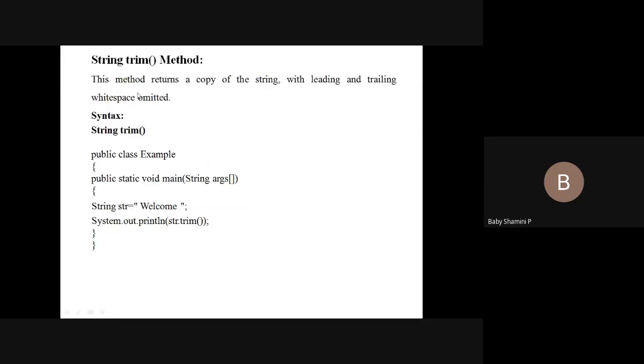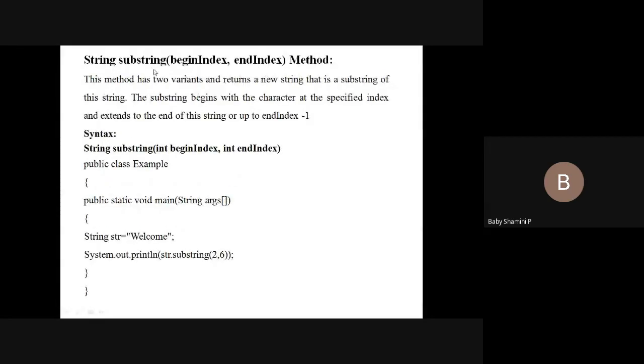So the next one is the trim method. Using this trim method, we can omit white spaces from the start and the end of the string. If you have white space in between, it does not bother about those; it just omits the white spaces at the start and end. That is the str.trim method. And substring: we have two different methods. Directly you can give a starting index, which takes the character at this index to the end of the string. Otherwise we give a beginning index and an end index. It includes the beginning index and excludes the end index and displays the output. So these are the string operations.